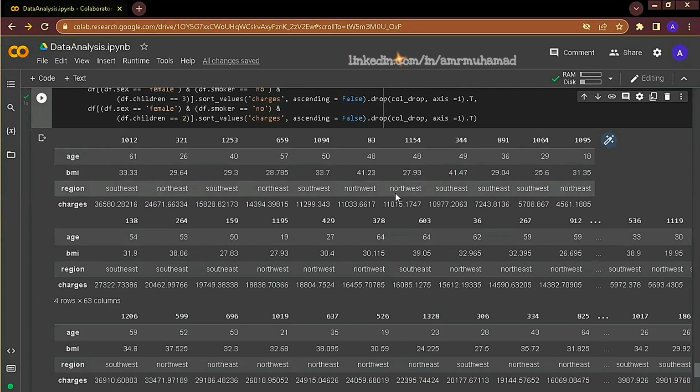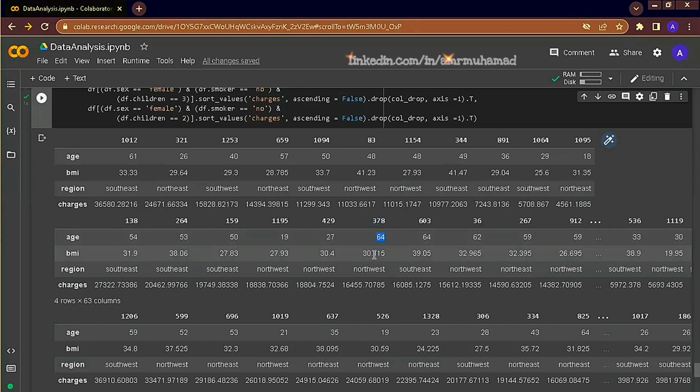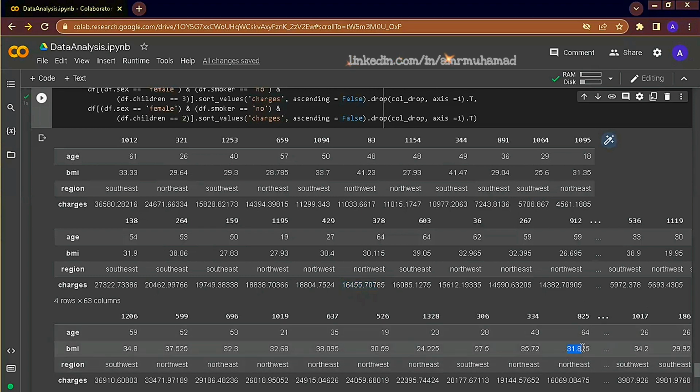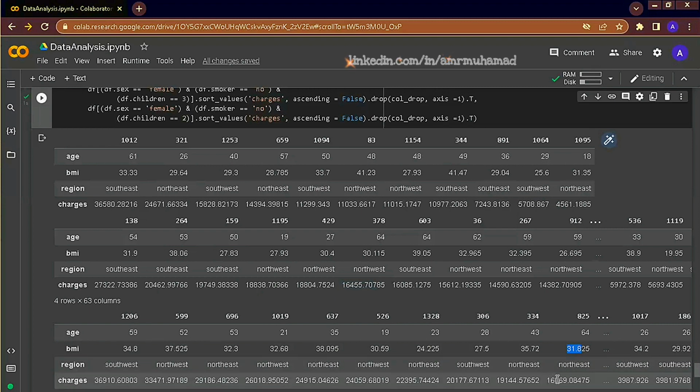For example, note this customer here, the 3781. All these customers are females, non-smokers, but different in the number of children. So we have this customer at the age of 64 with a 16K charge value. But if we look at this similar customer here, it's 64, almost similar BMI, and has also 16K.